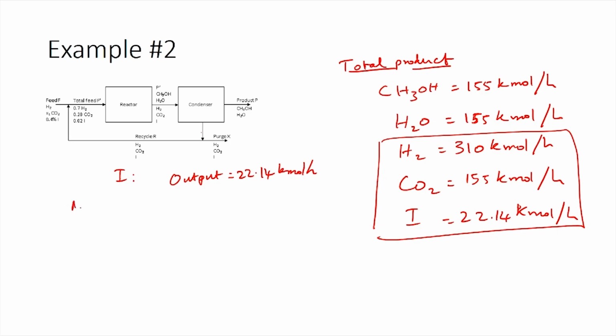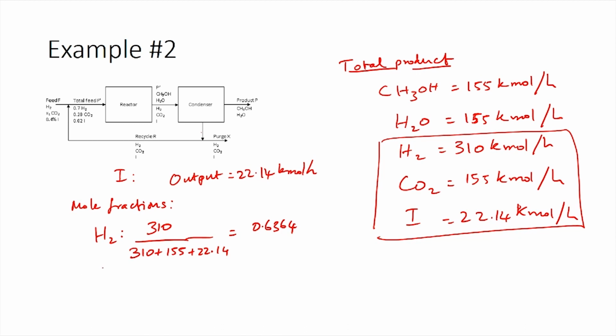Using these values, we can calculate the mole fractions. The hydrogen mole fraction would be 310 divided by 310 plus 155 plus 22.14, giving you a mole fraction of